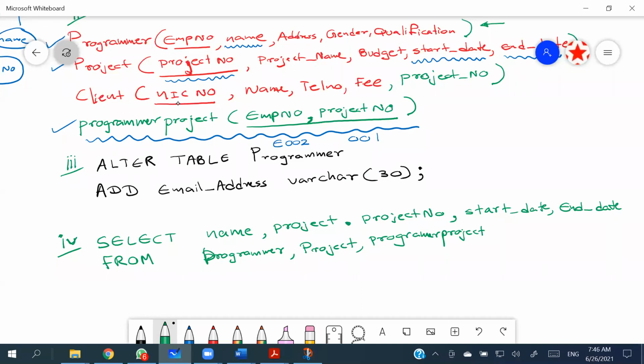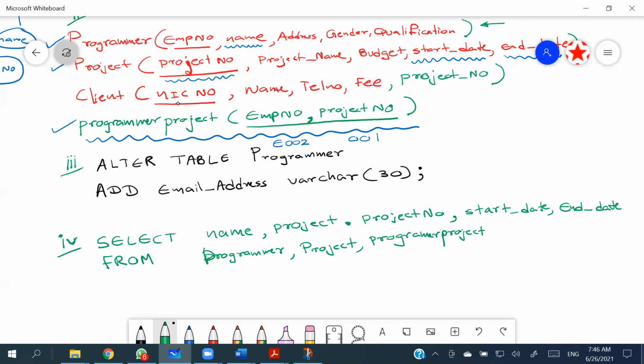Obvious conditions means you have to specify what are the common columns in between these tables. If you consider the programmer project, the last table, the common columns are going to be project number in between project and the programmer project table, and employee number in between programmer and the programmer project table,